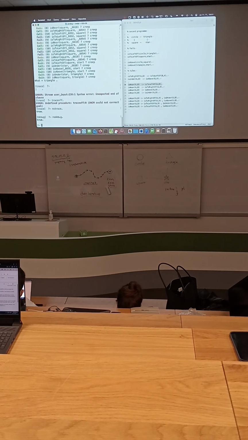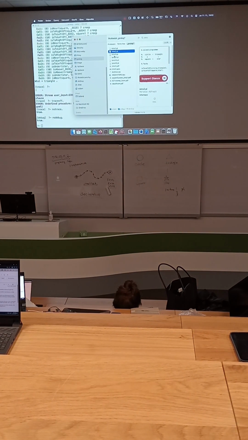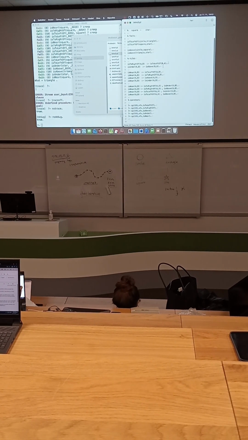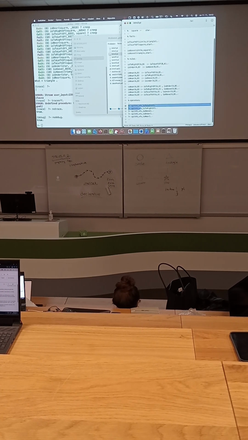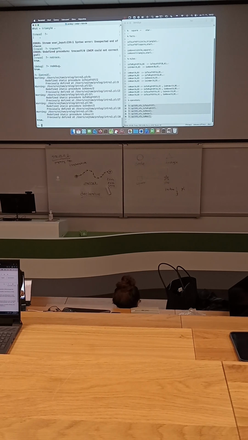Okay. One more nice thing. Still the same program, but in addition, I have this section, operators. So, let us look at the definition. Now I have an operator.